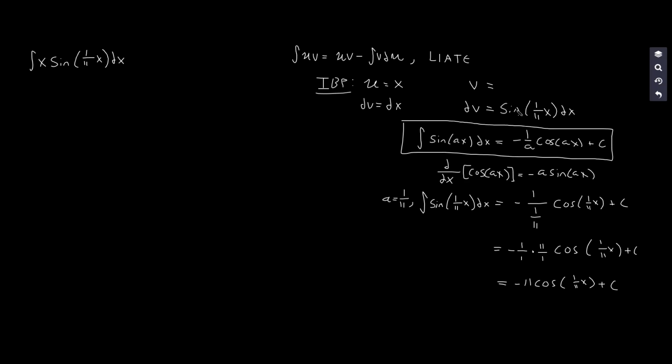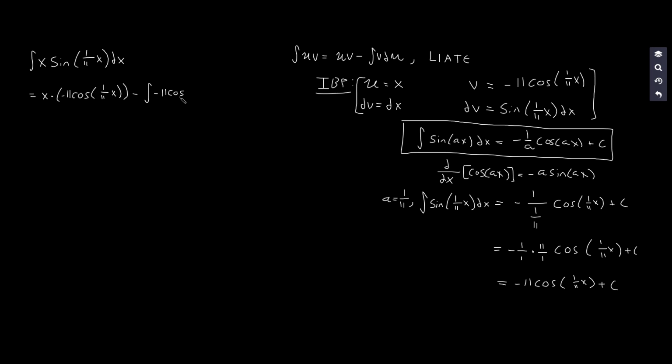Basically, what that means for us is that we're going to have negative 11 times cosine of 1 over 11 times x. But we're going to leave the plus c out until the very end. All right, so we're going to plug into our formula here. So u times v, right? So it's going to be x times v, x times negative 11 cosine of 1 over 11x